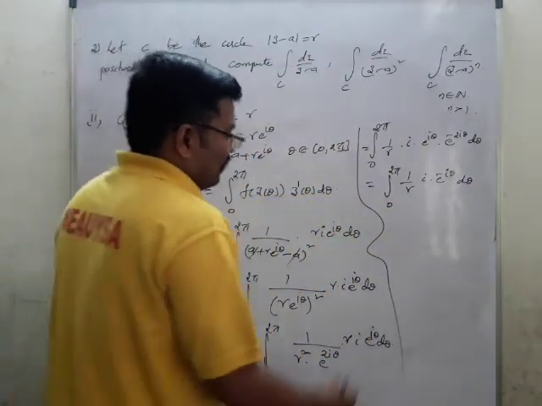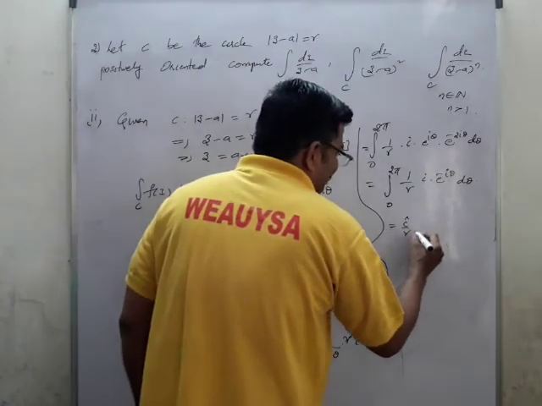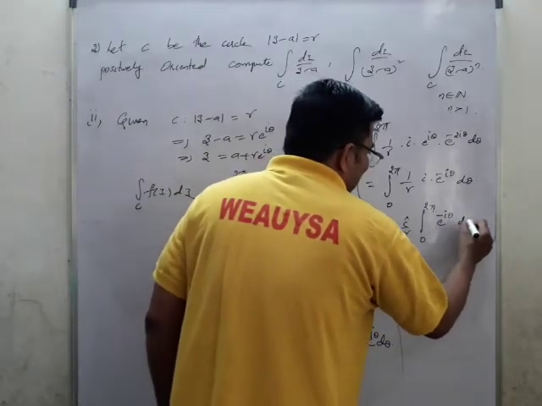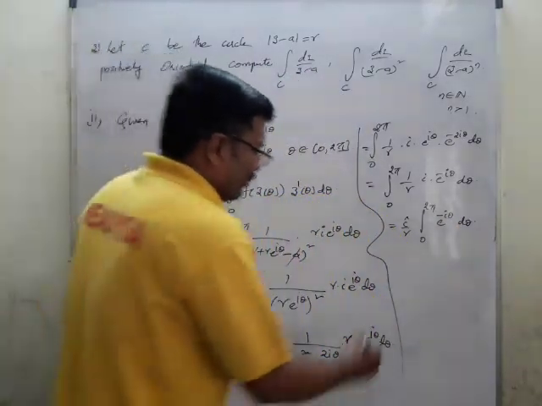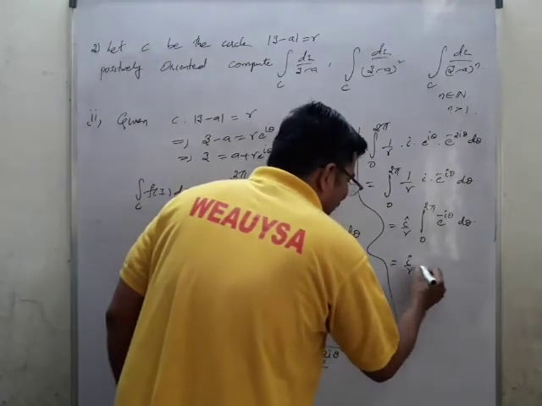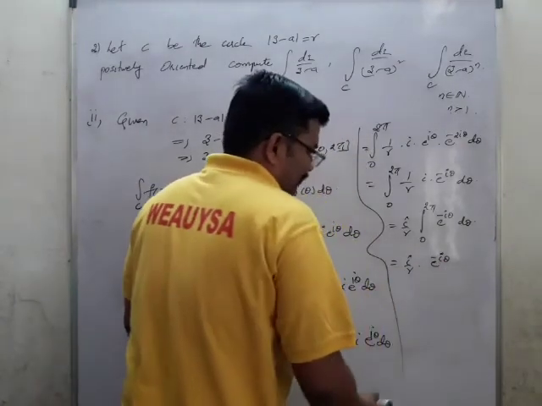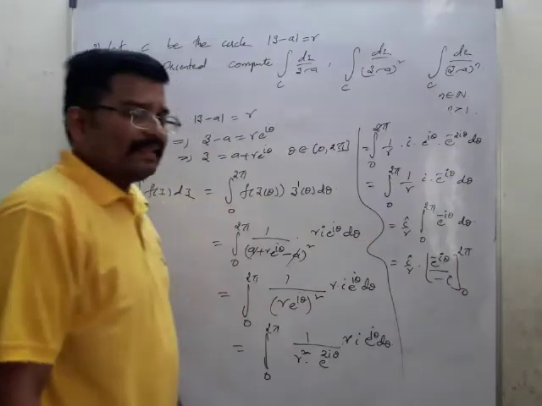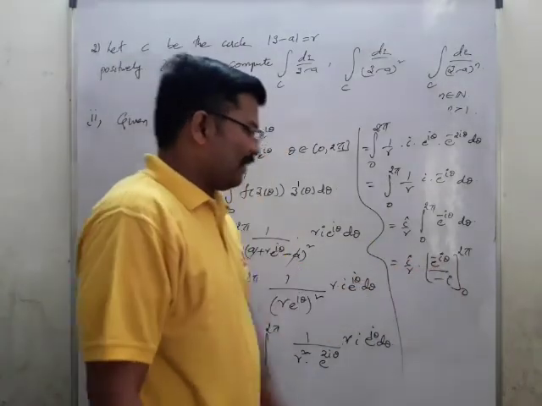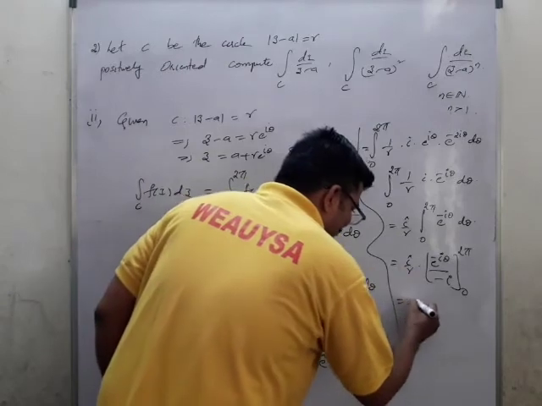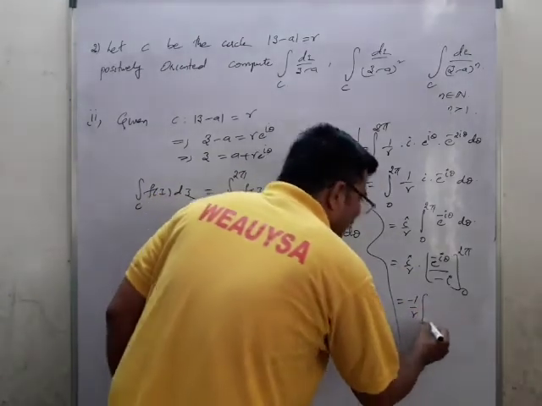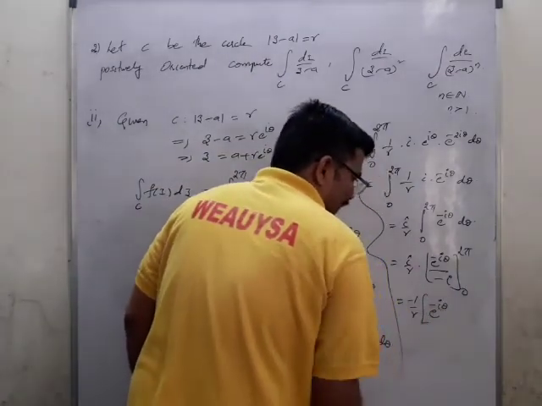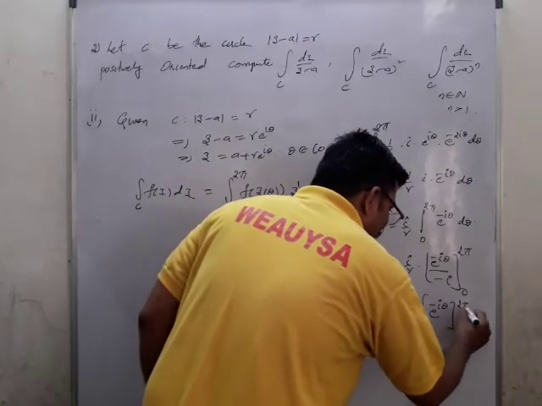So what I'll do now? Therefore I may take i by r outside the integral 0 to 2 pi. I may write e power minus i theta d theta. Okay, now what I'll do now? This is i by r, e power minus i theta by minus i, under 0 to 2 pi integral. So theta means again minus i will come down. So this minus and plus gets cancelled. So 1 minus 1 by r is equal to, this is e power minus i theta under 0 to 2 pi.